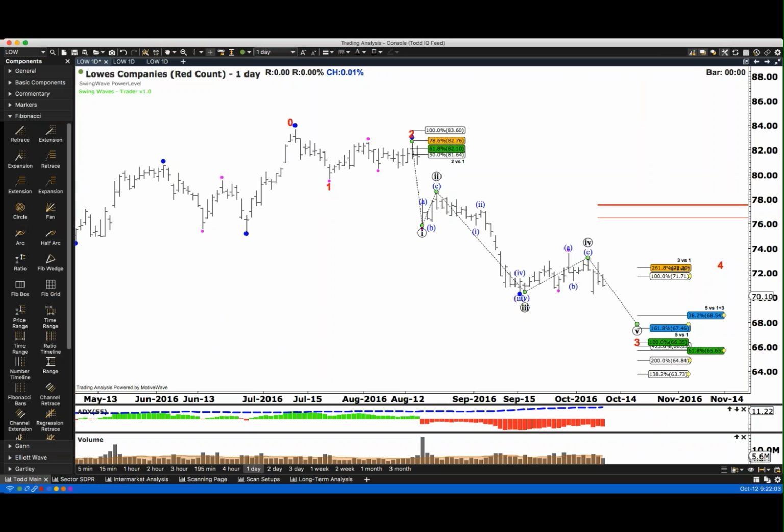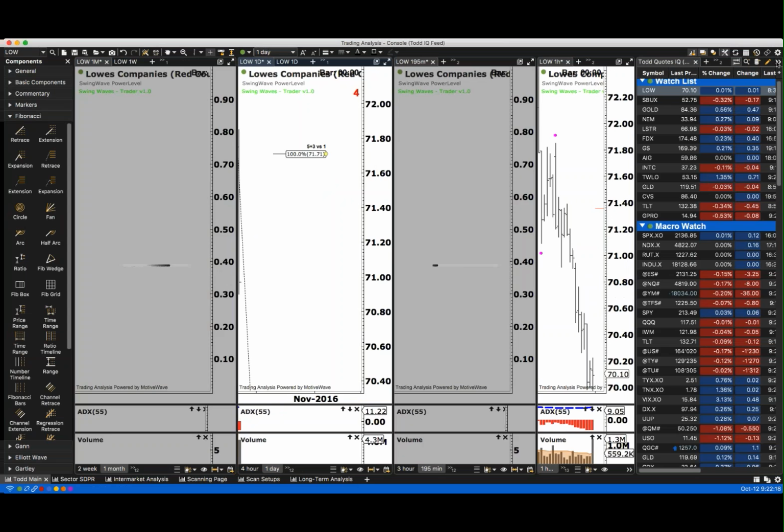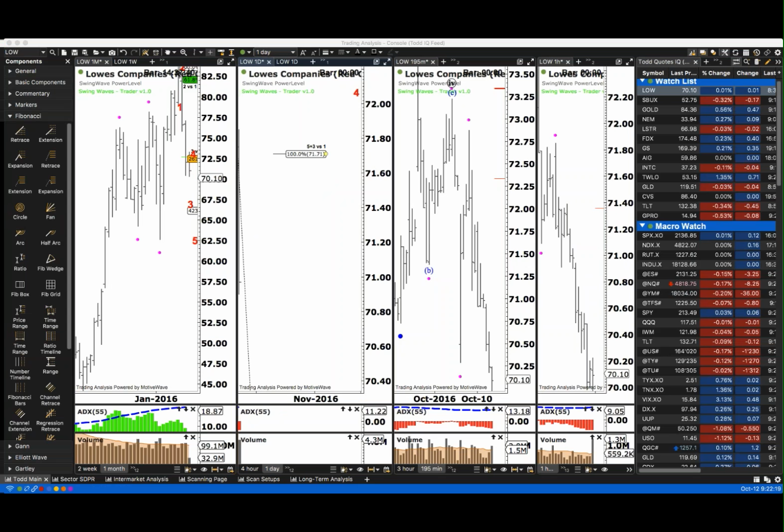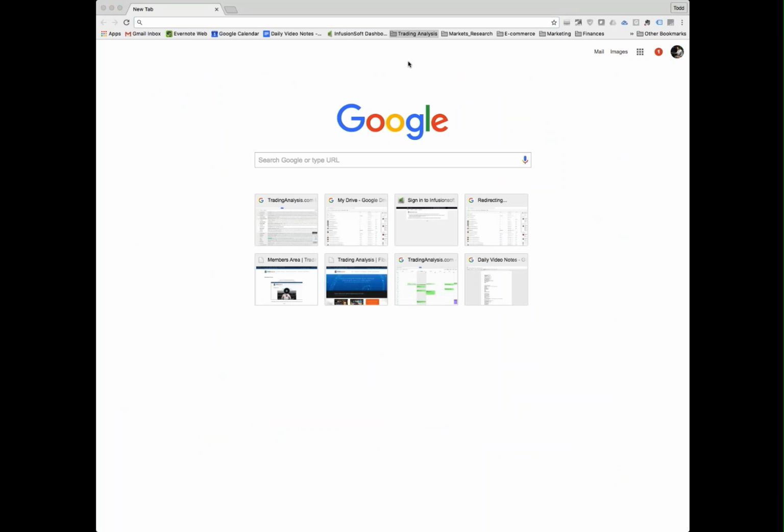What else are we working here? Let me take a look at our trade desk. Oh, I closed the trade desk. Never mind. Okay, that's fine. All right, so let me turn it over to you guys. What symbols do you want me to take a look at? What questions do you have? That's just a quick rundown of what we're doing. Let me show you as you guys are typing that in. Let's take a look at this trade desk.